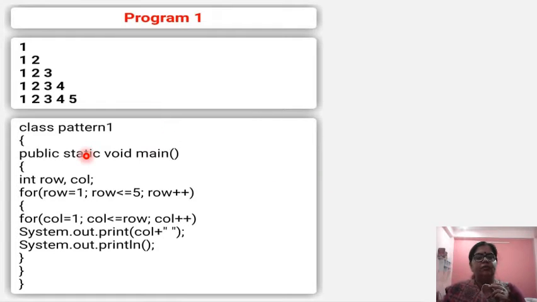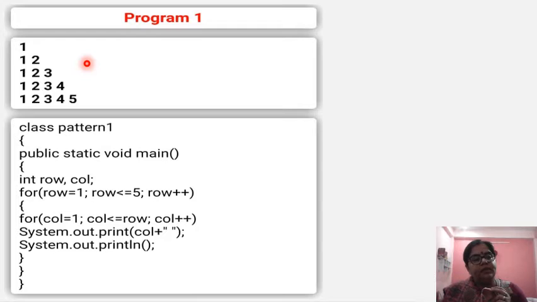Now see students, this is the very first program of nested loop. Nested loops means, as you all have studied, a loop within a loop. The best example for the nested loop is patterns. See how the pattern is printed. In this we will see that this is our pattern: 1, 1 2, 1 2 3, 1 2 3 4, 1 2 3 4 5. It means there are 5 rows. This is known as row and this is known as column. It means the row is your outer loop and the column is your inner loop.